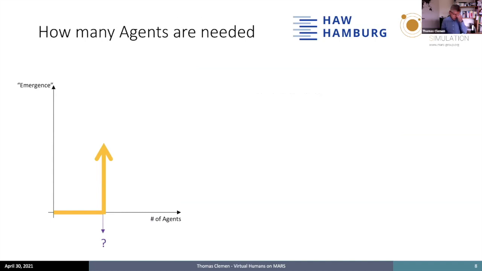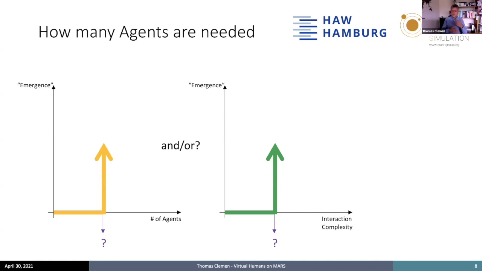So when we are balancing the number of agents we want to consider, it would be nice to know how many agents we actually need. And the question is, when does emergence appear in our models? This is not some kind of linearity. It's just a threshold, and this can happen if the number of agents exceeds a threshold, or if the interaction